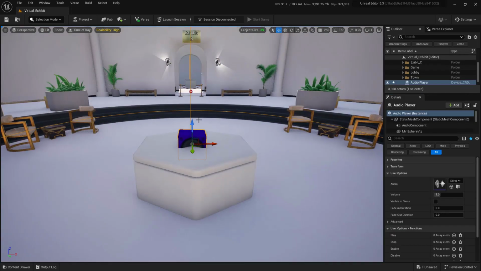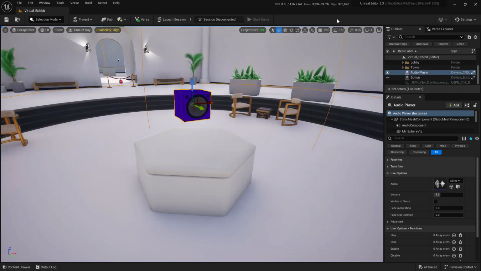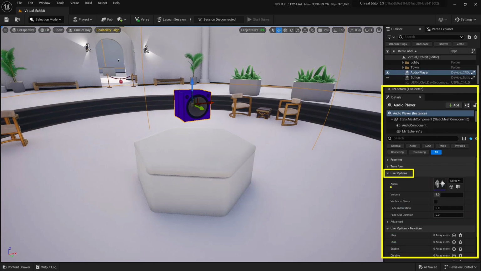Just press the F key to zoom in and move it up just a little bit. And with it in place, let's go ahead and add in the audio that we've just created. So over here in the details panel with this selected, you can actually see that we have an audio section